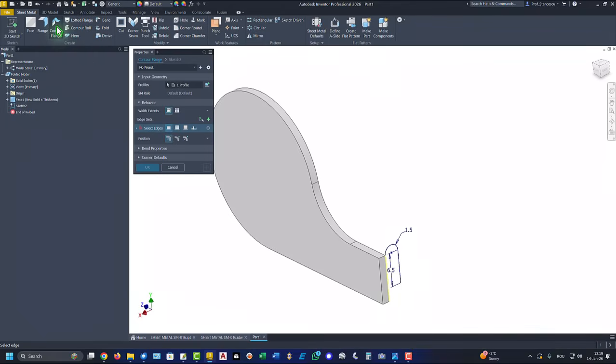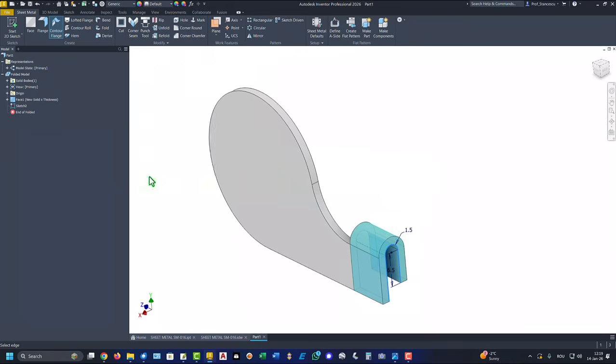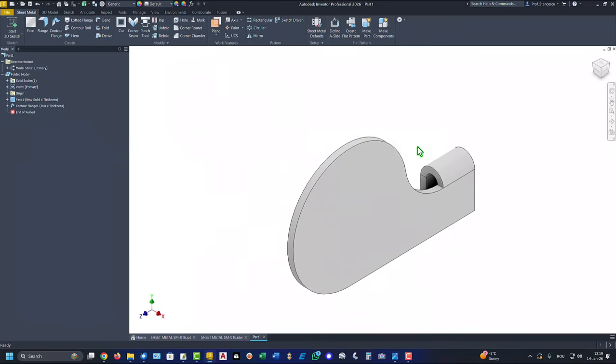We use the contour flange and we have to select the solution, not inside but outside, and we have to select a profile for the depth. This is the profile. Okay. We just used solutions from the